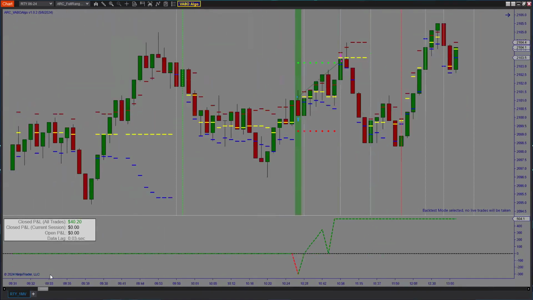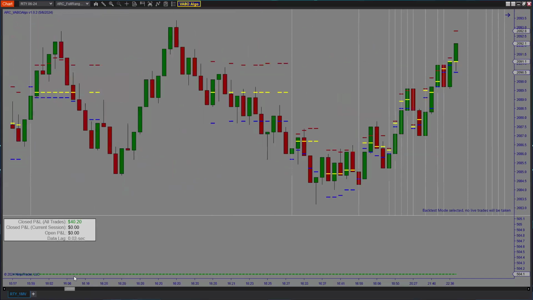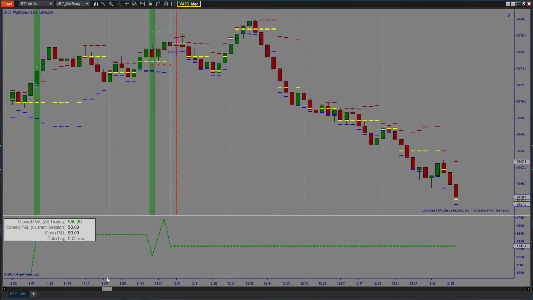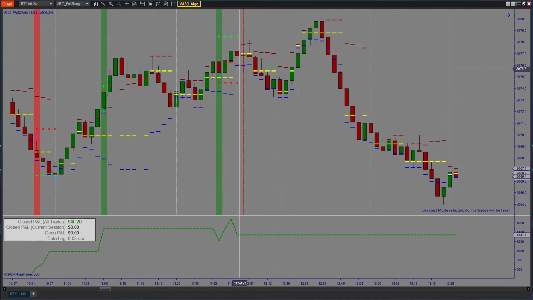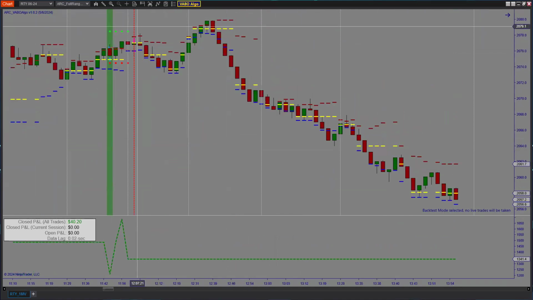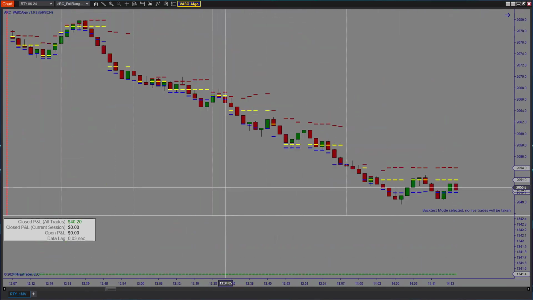Let's see. This one's tough. You're trading back into the highs. But this got out at noon because it's set to exit at noon. Otherwise, that trade would have almost hit. I can't see the wick on this candle though, so I'm not sure. I assume it would have been a stop out either way, but